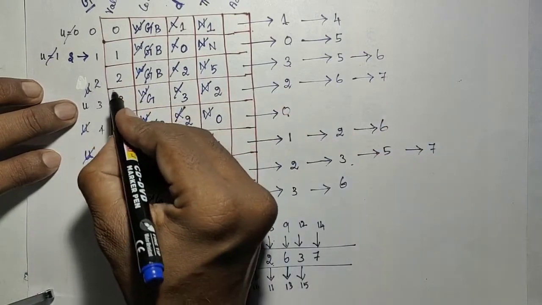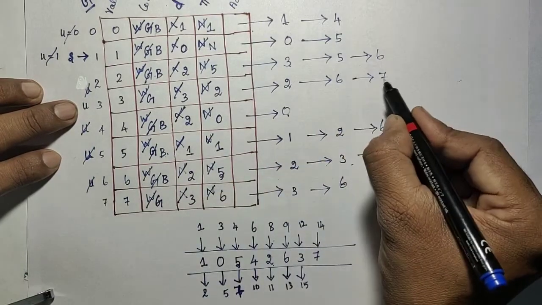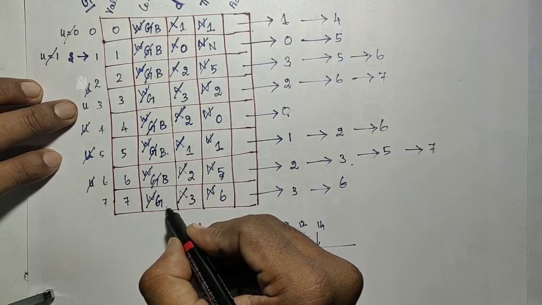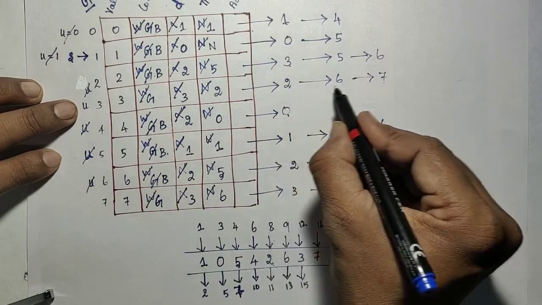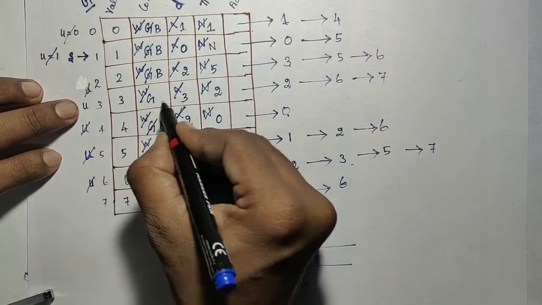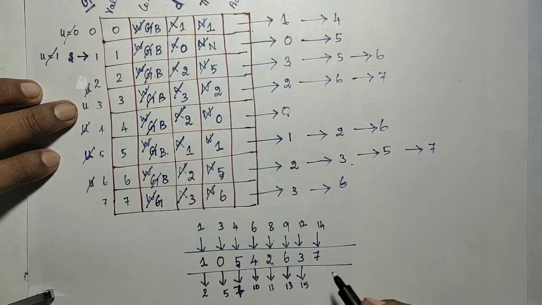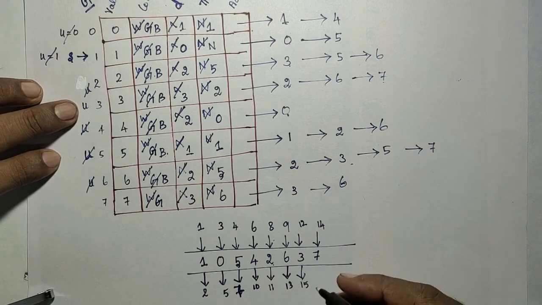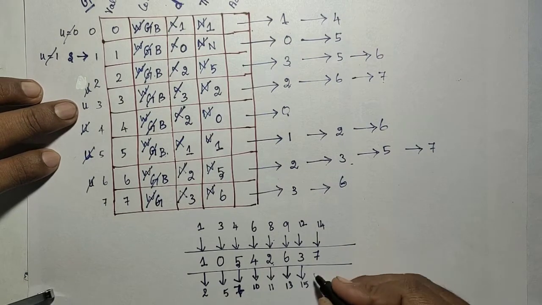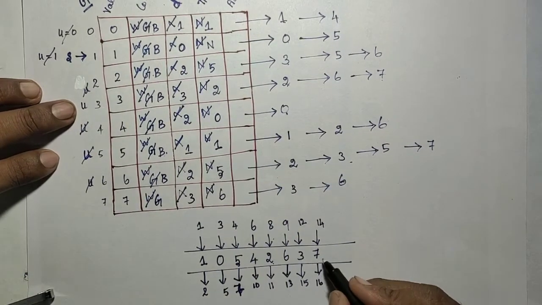And 2, it is visited, leave it. 6, it is visited, leave it. And then 7. 7 is also visited. So now 2, 6, 7 all nodes are visited. So it means that the third node is completely visited. So it is changed to black. Okay. Then you go for the next Q operation. Next iteration, DQ. So the 16th step is DQ. DQ is 7.